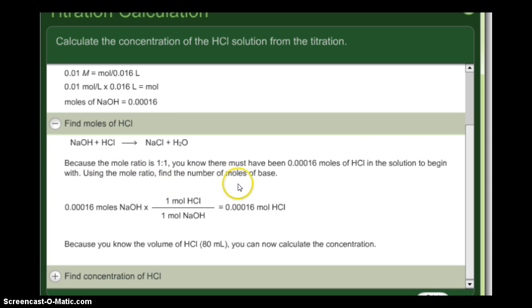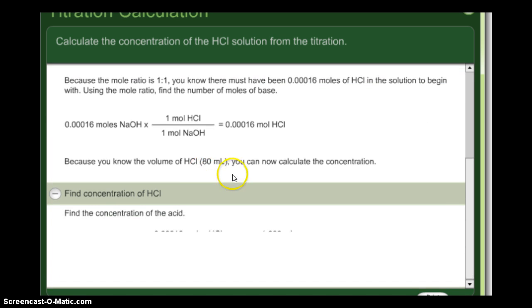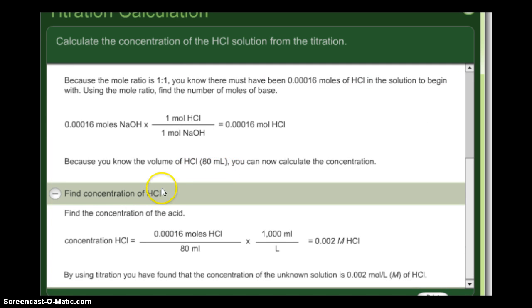Using the mole ratio to find the number of moles of base, it's a 1-to-1 ratio, therefore the moles at the equivalence point has to equal the moles of the HCl. Because you know the volume of HCl is 80 milliliters, you now can calculate the concentration. So there are 80 milliliters in the flask. So the concentration of HCl, you have how many moles you have divided by